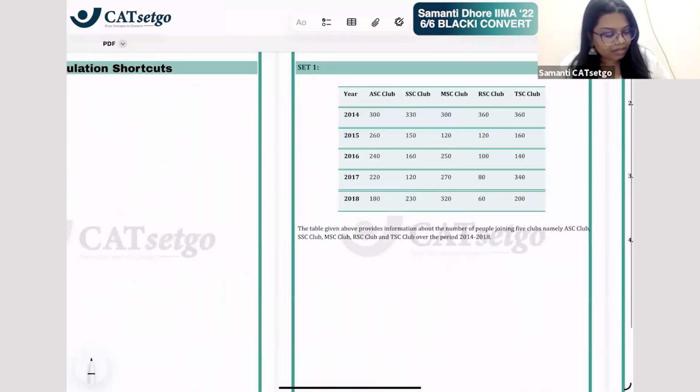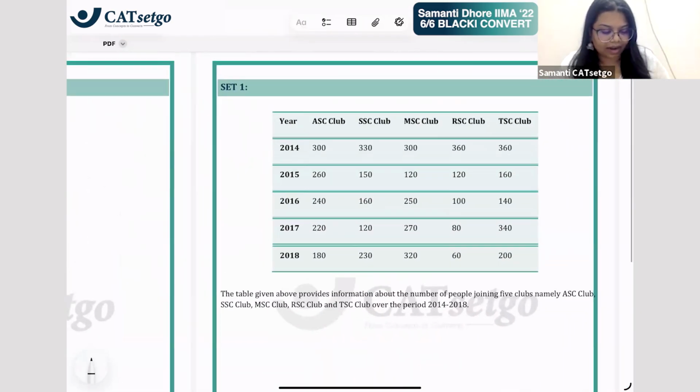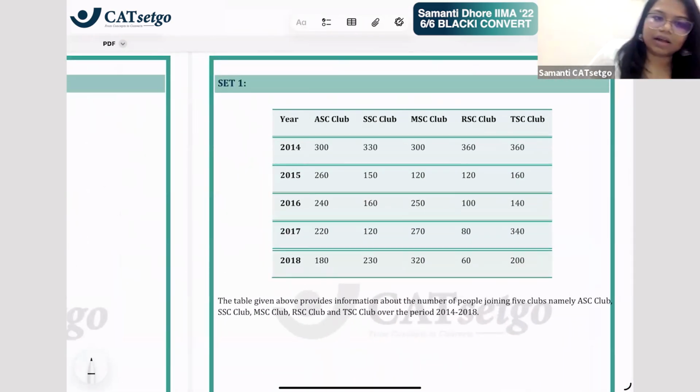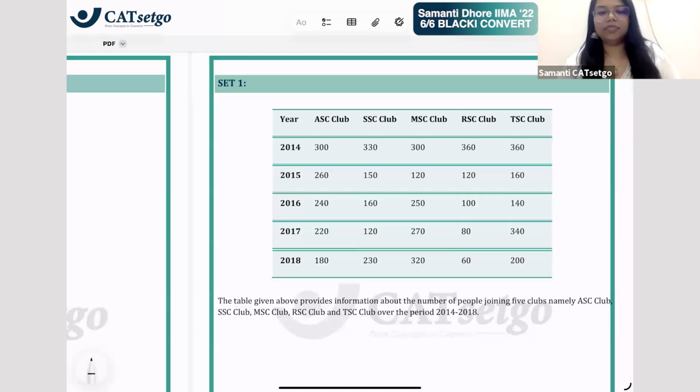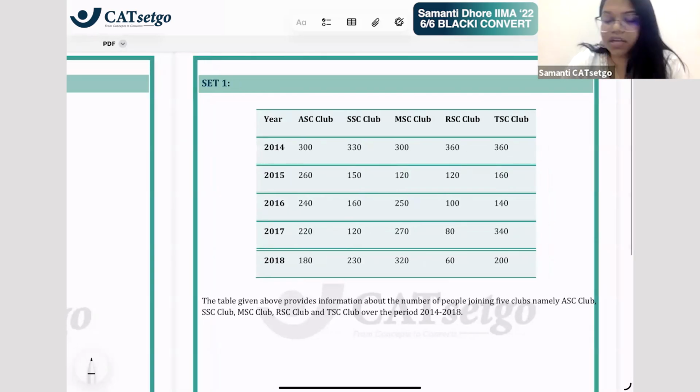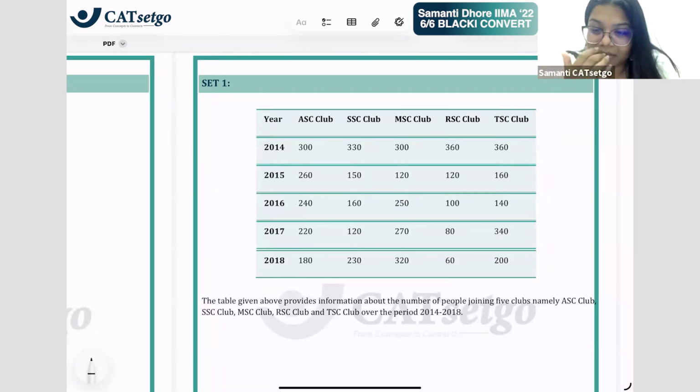Okay, so let us apply this and let us do it one set at a time. Okay, so solve this set now. Take your time, solve this set. Just note it down, screenshot it, keep it with you. Then basis that, let us look at the questions that are asked and then solve. Just give me a thumbs up if once you have screenshotted this.